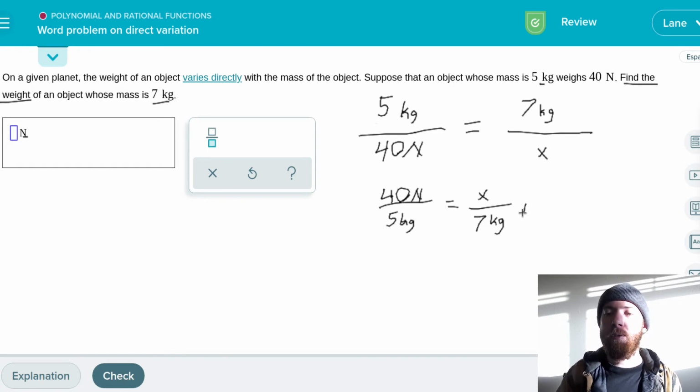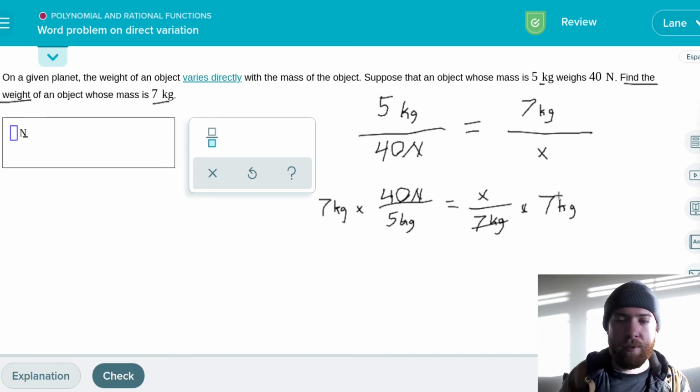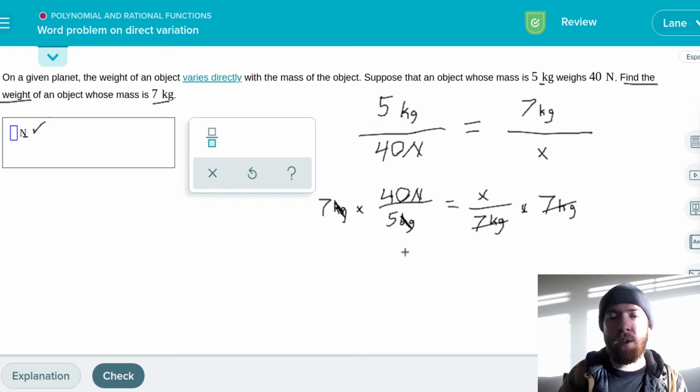So to do that, we can multiply both sides by 7 kg. I'm going to do 7 kg times the left-hand side as well. The 7 kilograms cancel out on the right, and on the left, the units of kilograms cancel out. And our units that we have left are newtons. So our answer is going to be in units of newtons, and that checks out, right? That's what they want. Our answer is going to be the result of 7 times 40 divided by